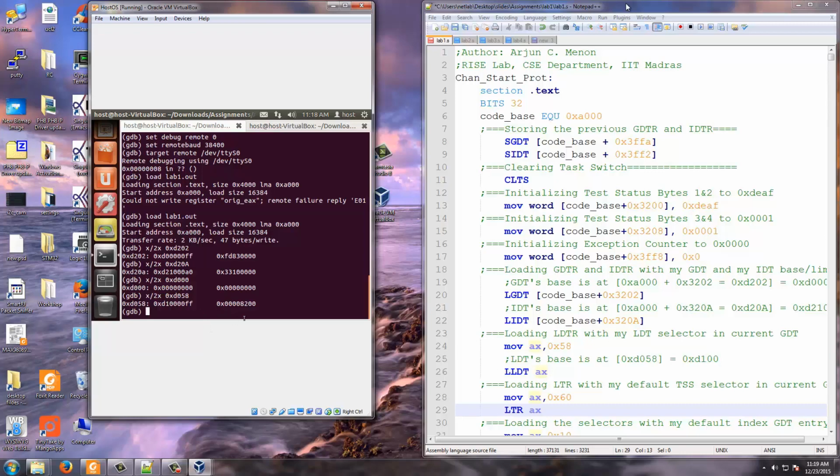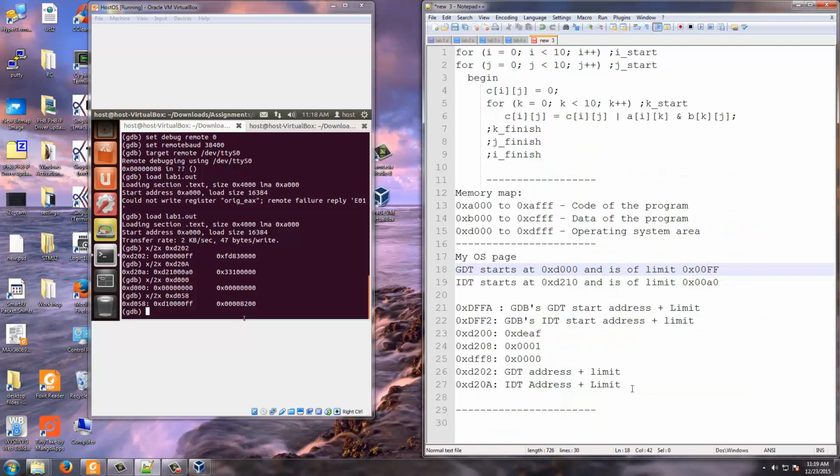So this is what I set up, the LDT in case I need it.